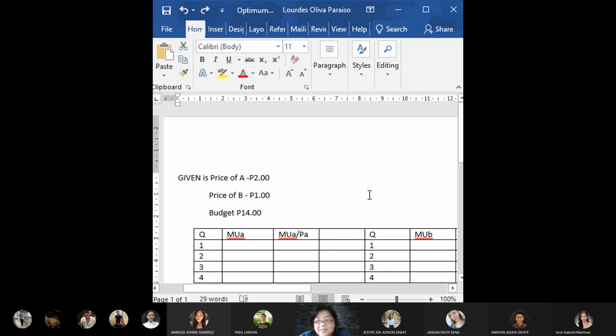Now, just like what I said a while ago, you have a demand for two different goods, but you have only one budget. And how many of good A and how many of good B would you prefer based on the marginal utility table that's going to be provided to you? Assuming,